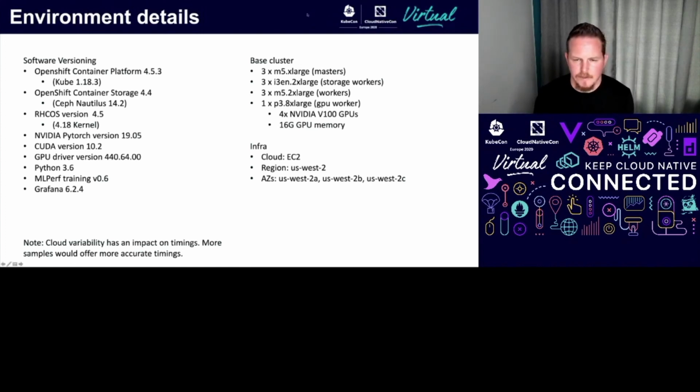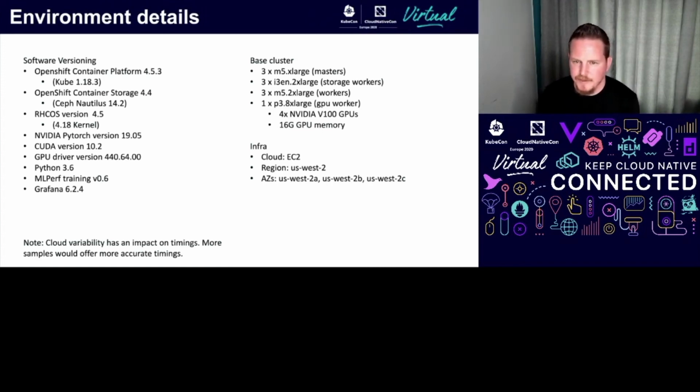And then the cluster itself was just a few modest master nodes, and then we had 3 pretty modestly sized dedicated storage workers that we used taints and tolerations to ensure that only the storage workloads were running on them.